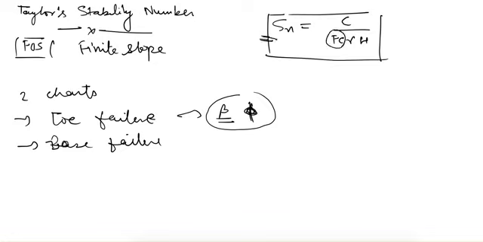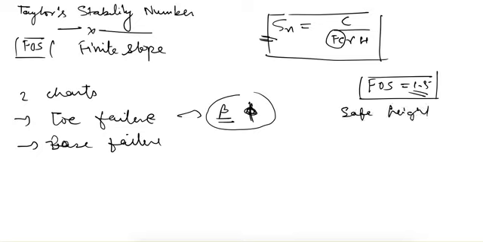Knowing this, we can read the stability number from the chart and then we can find out the factor of safety. Or if we have been given the factor of safety, like a factor of safety of 1.5, then using this we can find out the safe height for a given angle of slope and for a given soil, that is, c and phi characteristics will be given. The other case can be, if we have been given slope and height and everything, then we can find out the factor of safety. So these are the two things possible.